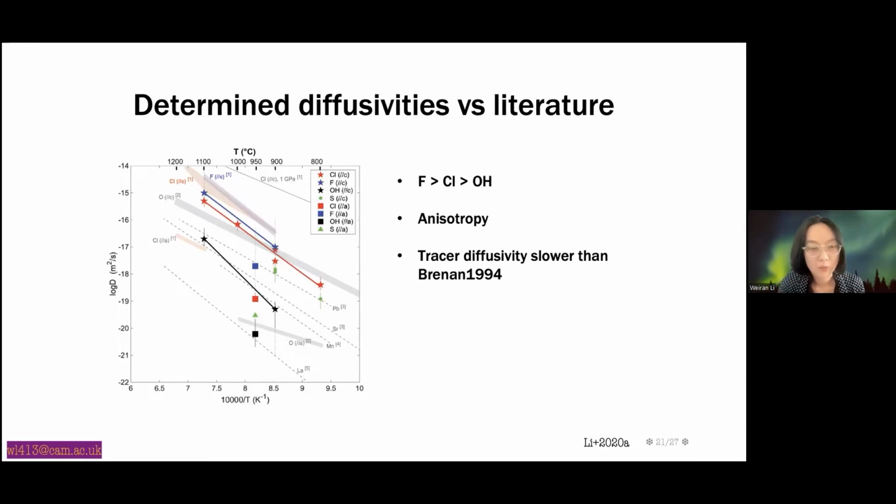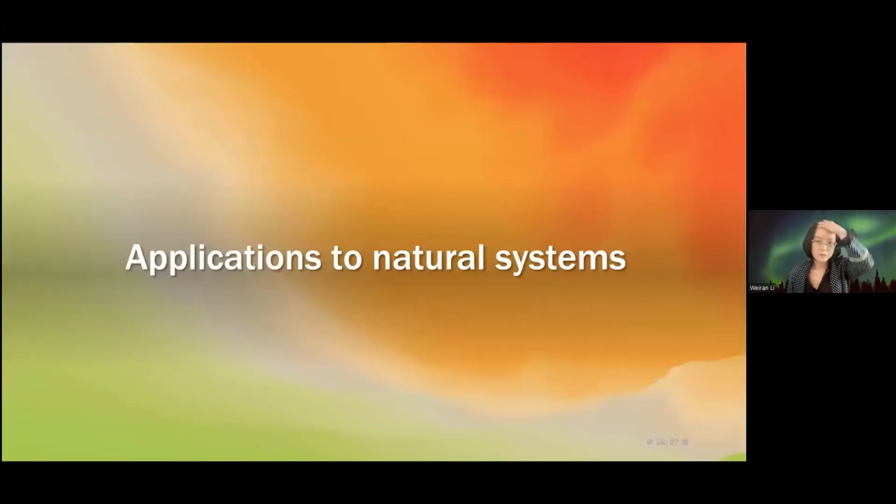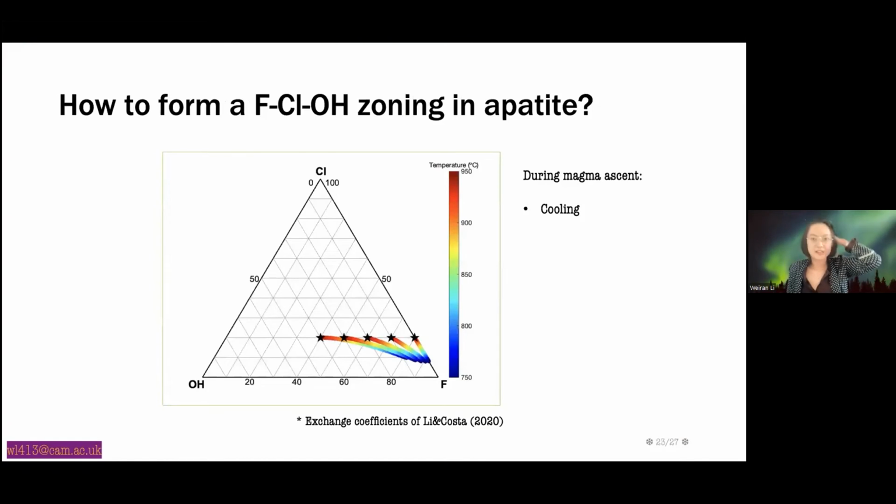So that could be one of the reasons why there's such a difference. So with the new diffusivities we determined and the model I just introduced in previous slides called AppTimer, we've applied these to natural systems and have got pretty satisfying results. Before showing the results, I want to talk about